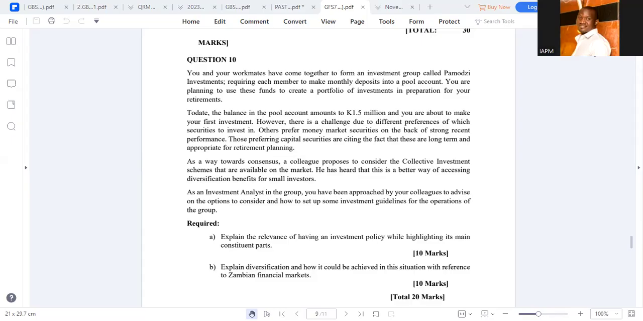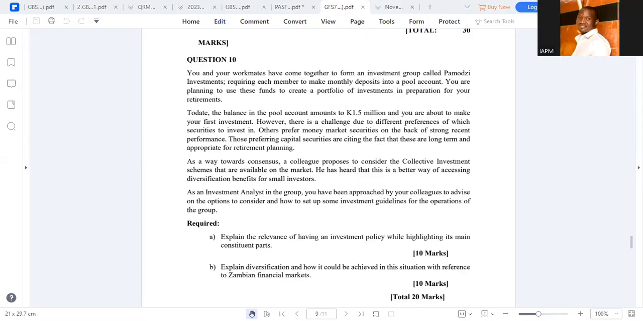As an investment analyst in the group, you are approached by your colleagues to advise on the option to consider and how to set up investment guidelines for preparations of the group. So explain the relevance of having an investment policy, also highlighting its main constituent parts. And also explain diversification and how it can be achieved in this situation with reference to the Zambian situation. Okay. So firstly, you must understand